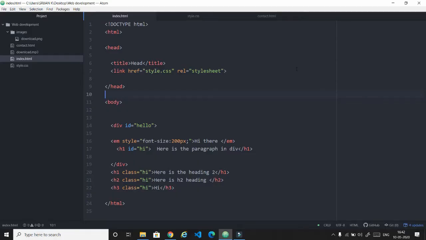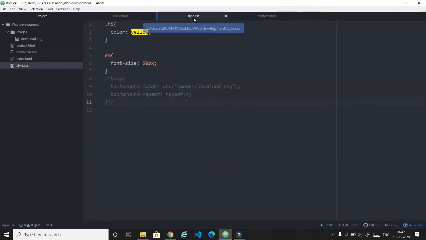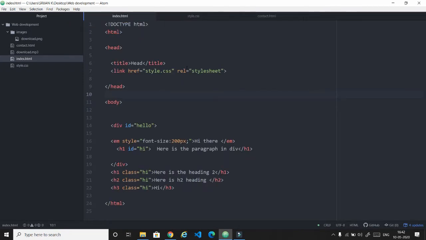In the previous video, I taught what the three types of CSS are: external, internal, and inline CSS, and also the styling of some content like changing the font size and color of the content, and how the CSS syntax works, and also about classes and IDs, when to use class and when to use IDs. All this has been explained in my previous video.